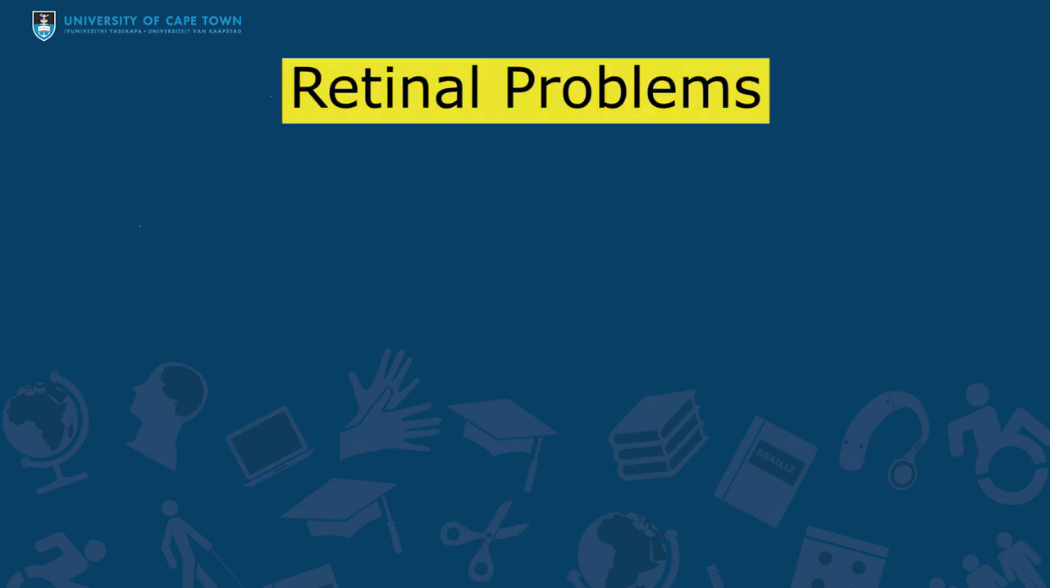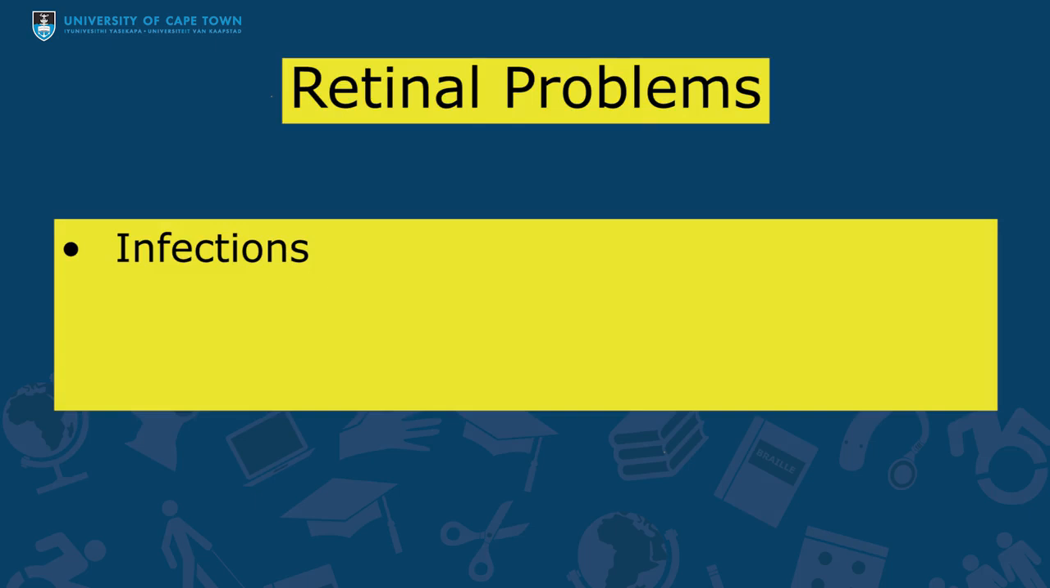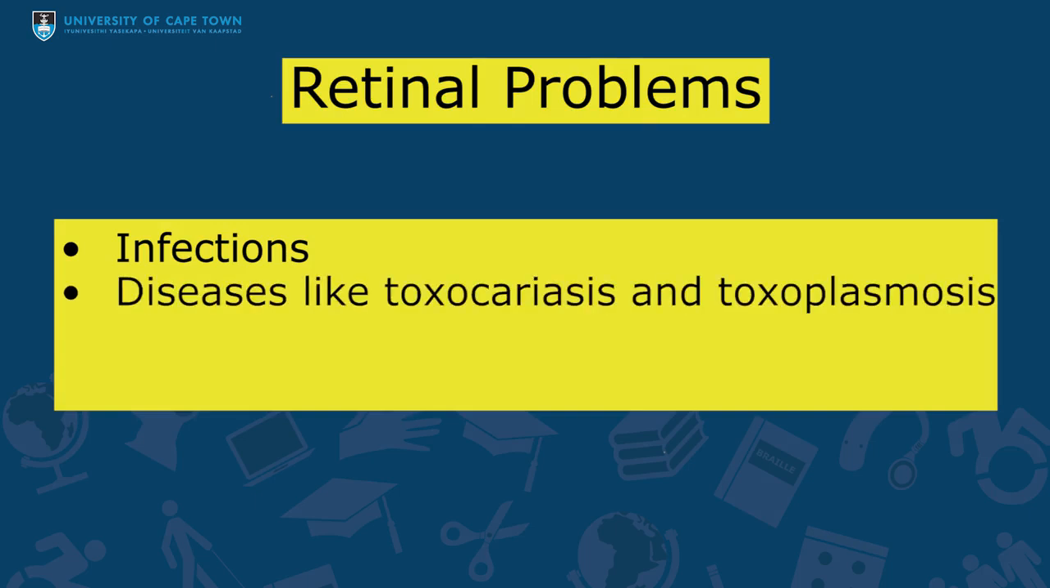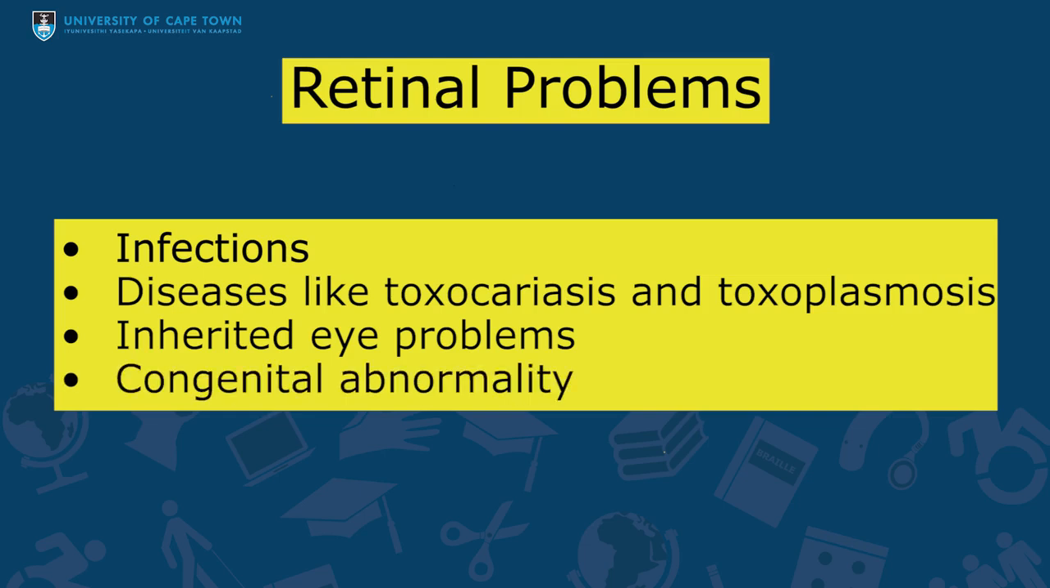Retinal problems in kids are usually due to either infection like TB, or some diseases that can be transmitted from kittens and puppies like toxocariasis and toxoplasmosis if they are not vaccinated and dewormed. Children can also inherit eye problems, and they will tell you that other family members have problems with vision too. If a retinal problem occurred during the development of the baby inside the mother's womb, we call it a congenital